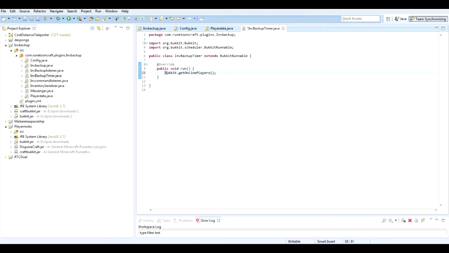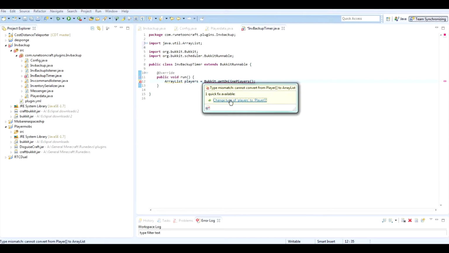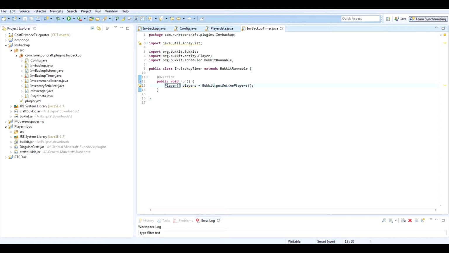So array list p players equals, we want to convert this to, when I import array list, then it's going to ask to convert this to type player. So player players is a player array list